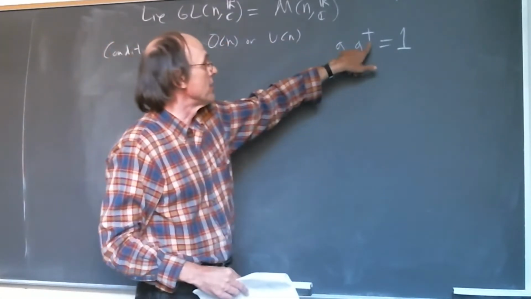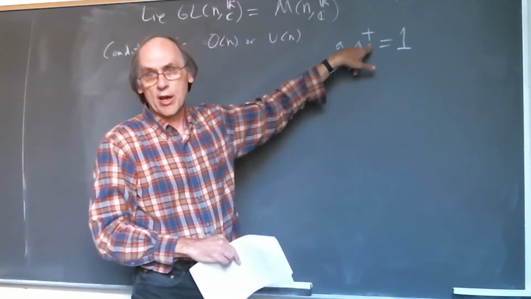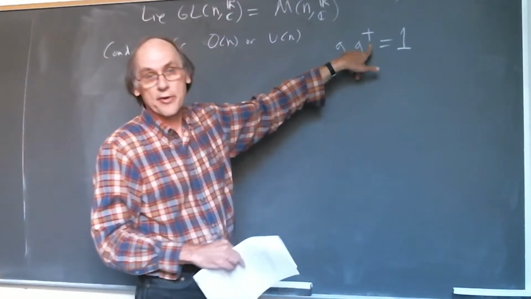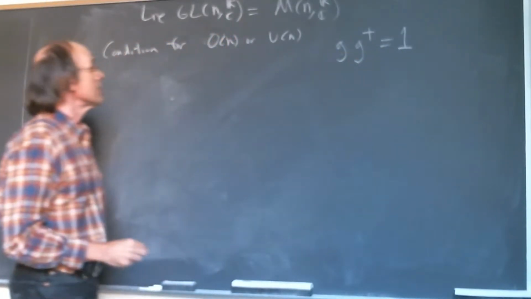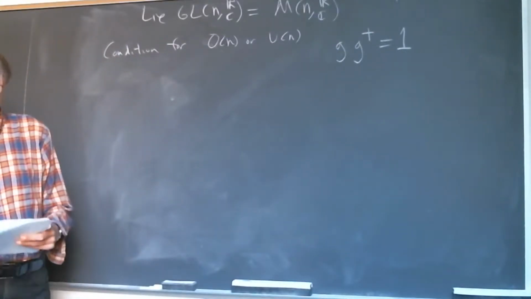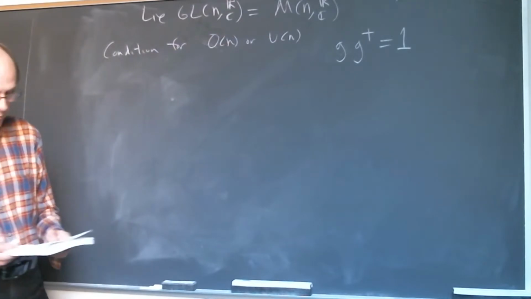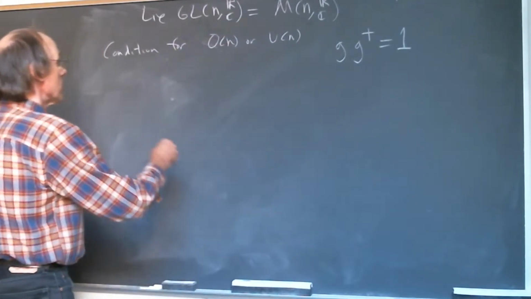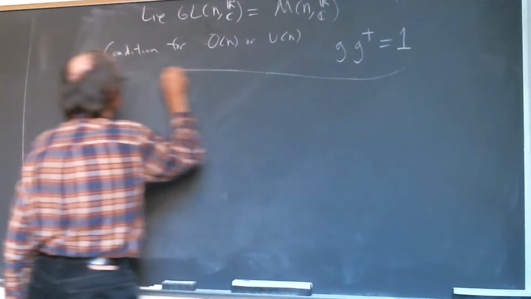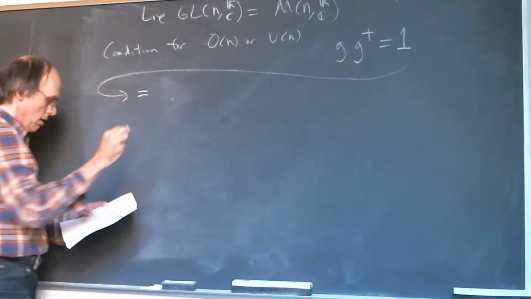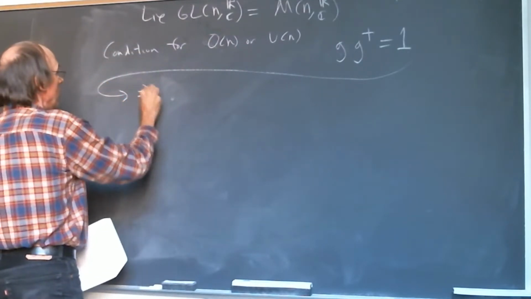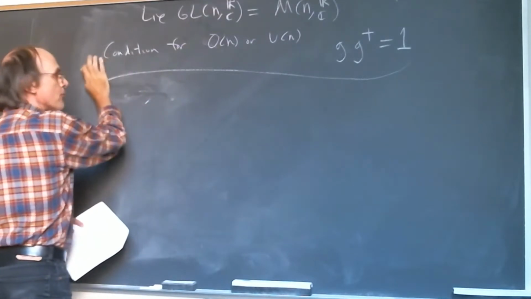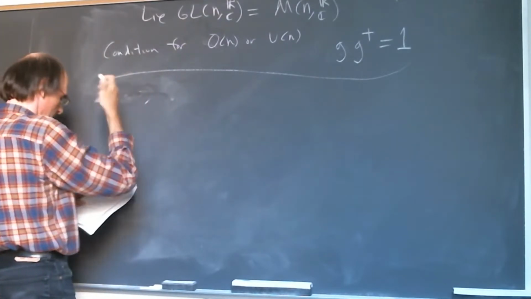If you're in U(n), this is the transpose conjugate. If you're in O(n), it's just the transpose. This is the condition. So what we want to do is this implies that, since